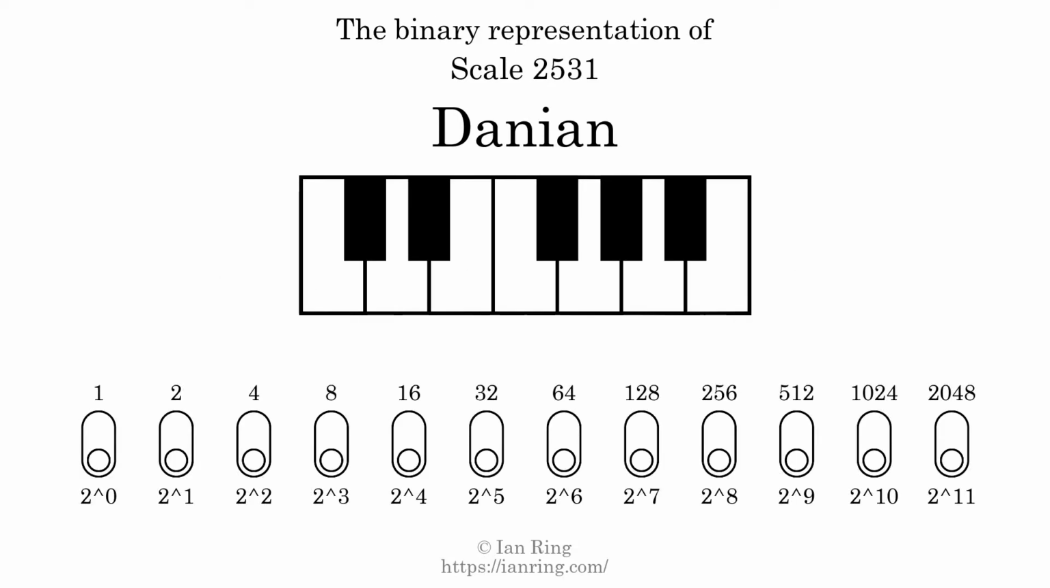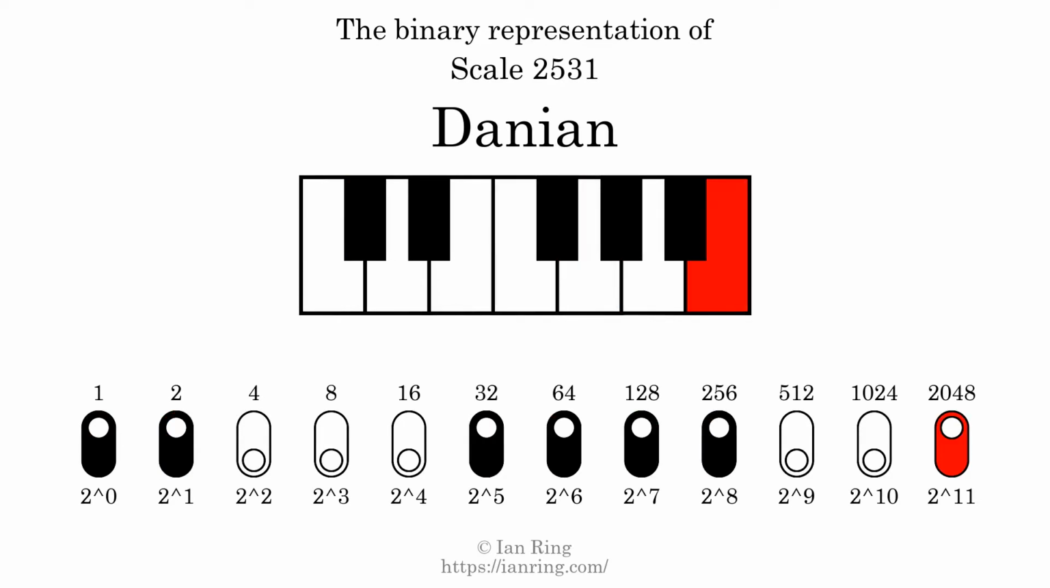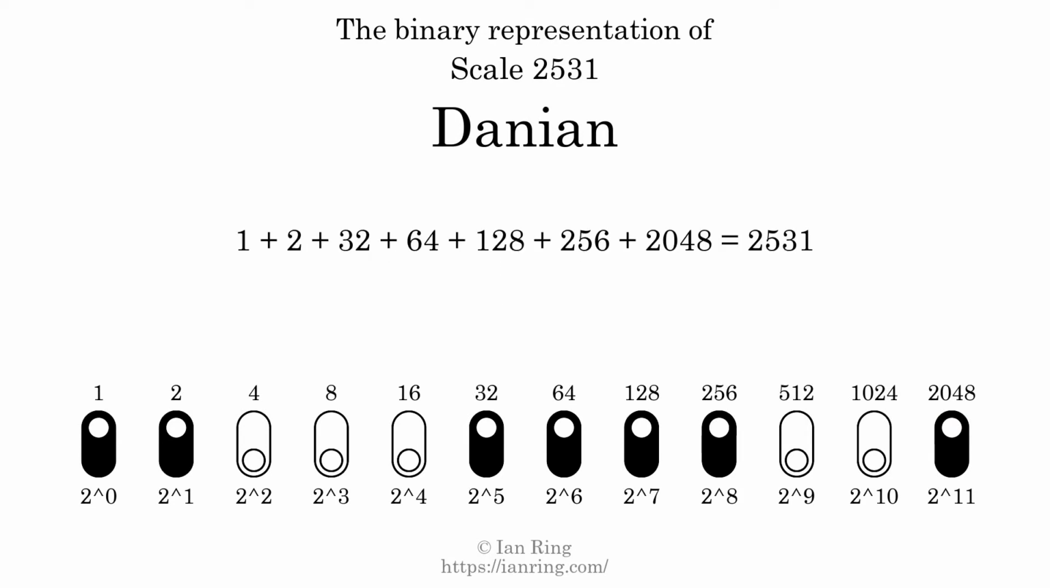The binary representation of this scale is determined by mapping tones of the scale to binary digits. Each binary digit represents a power of 2. To get the scale number, we add the powers of 2 together. The powers of 2 that are present in the scale, all added together, equals 2531. That is why the scale number, in decimal, is